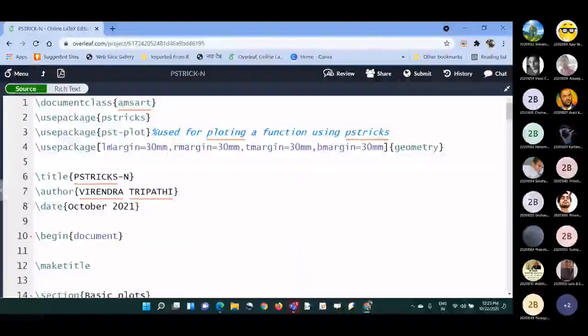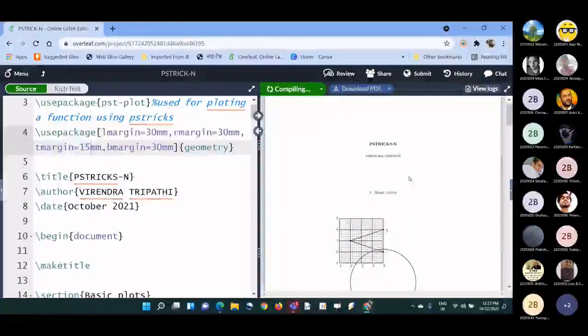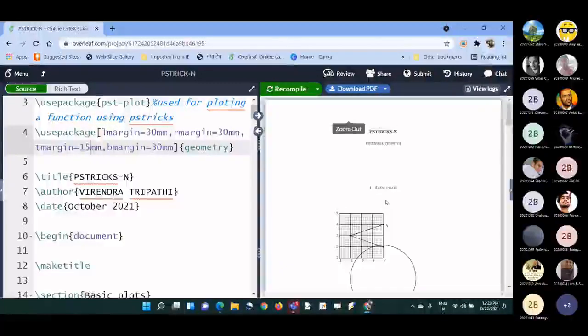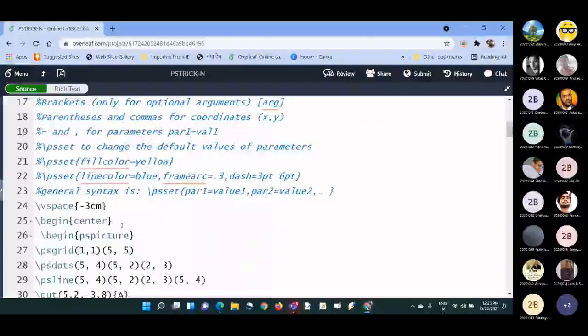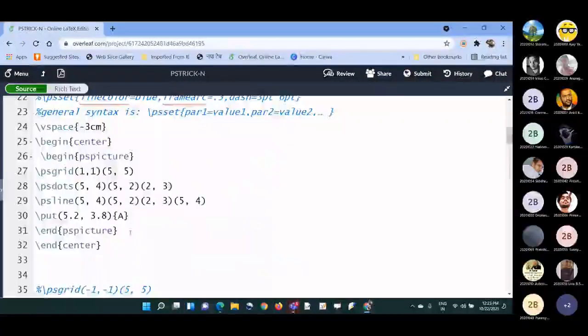Or you can change the top margin from here. Let us keep the top margin at only 10 millimeter or 15 millimeter. Let us see, 15 millimeter. So it will also give you some space. It has gone above, but the section is coming. Okay, let us forget this one. You can arrange this.